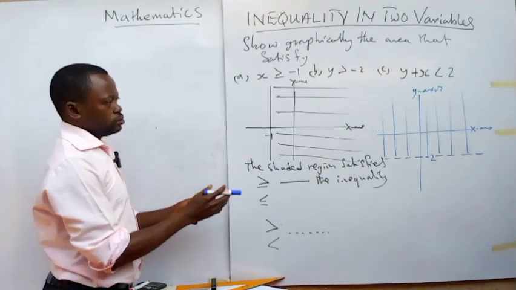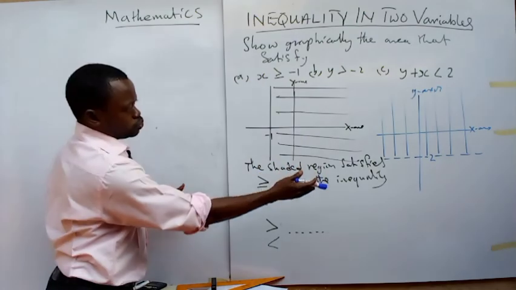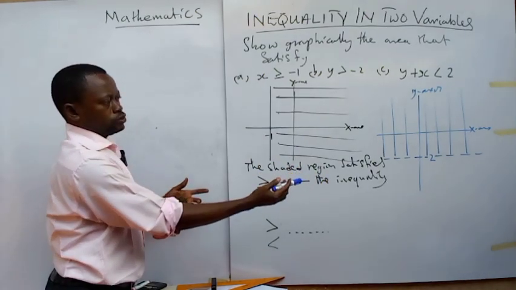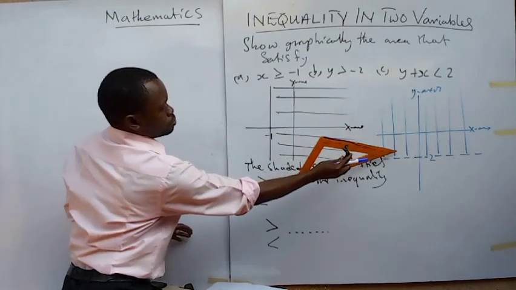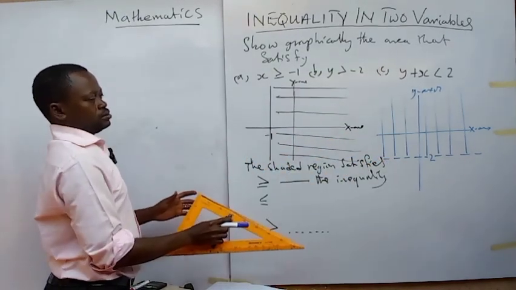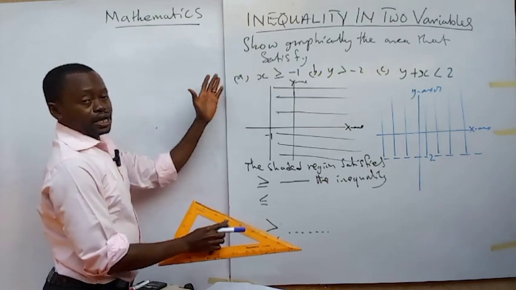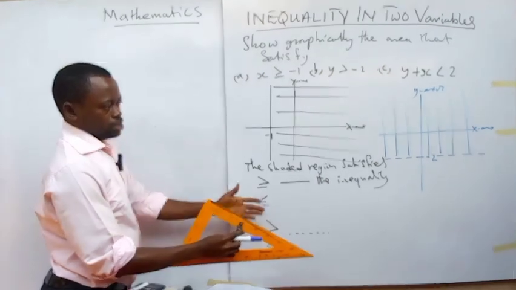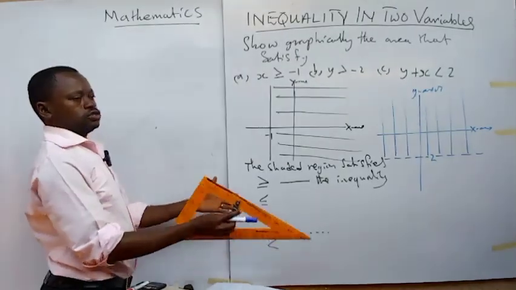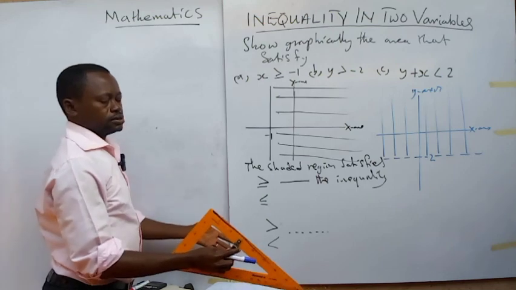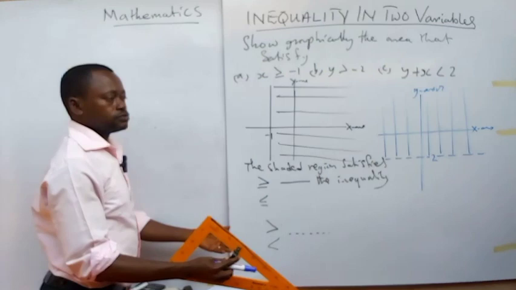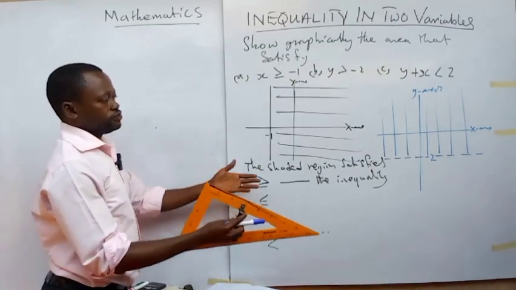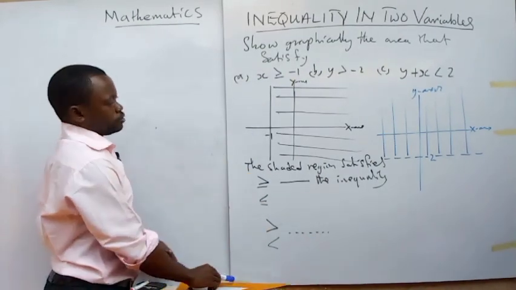Please, anyone you do, you try to show it. Whether you write, you leave that side blank, you explain it down there: the unshaded region satisfies the inequality. In my own case, the shaded region satisfies the range of values or the inequality. Okay, so